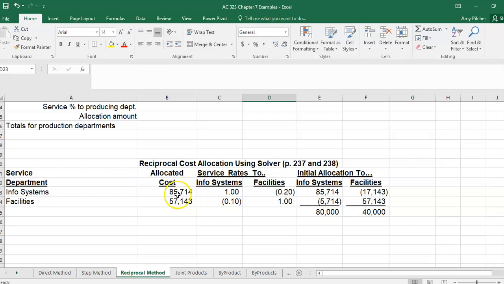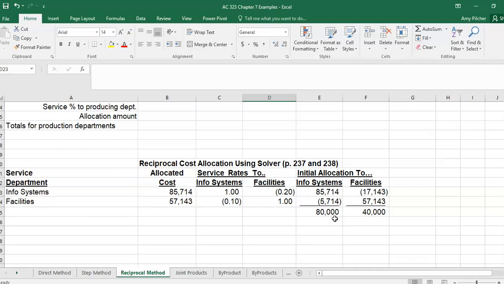When we use Solver, we calculate that our reciprocal cost is going to be $85,714 for information systems, and for facilities we have $57,143. So this is allocating a portion of facilities cost to information systems and a portion of information systems cost